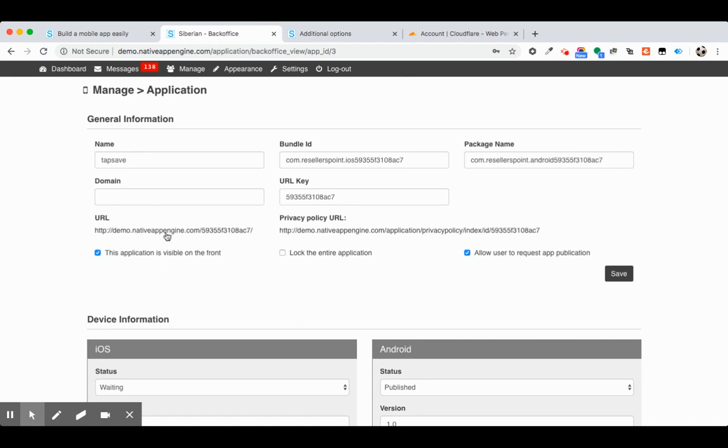As you can see here, this is the URL for one of the apps. In the same way, for each app, one URL is created by appending the app key here. But there is one setting using which you can add your own domain to Siberian apps. So each app, like app 1, can have domain a.com, app 2 can have domain b.com, and it will be different from your own main Siberian hosting site actually.